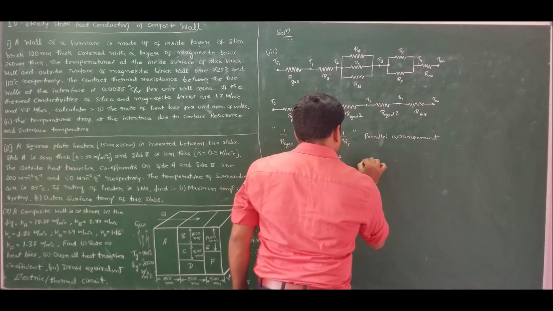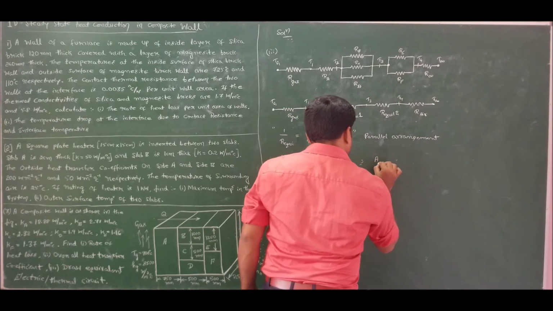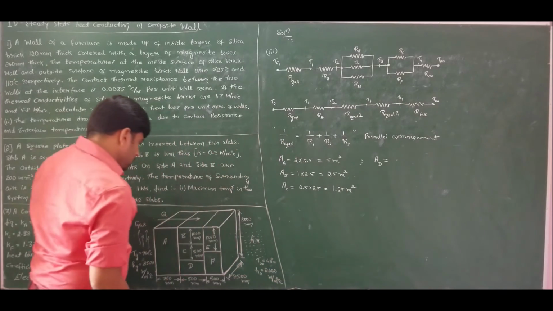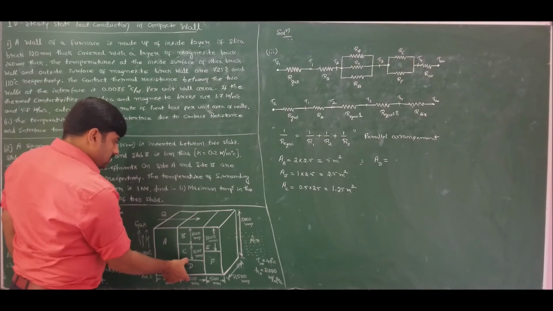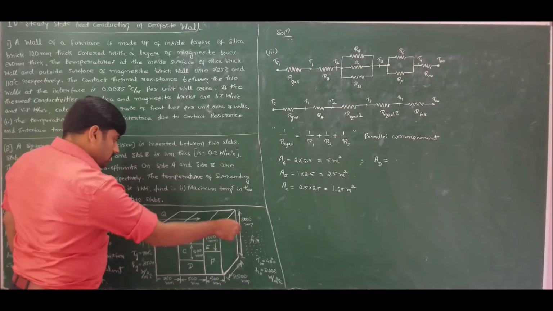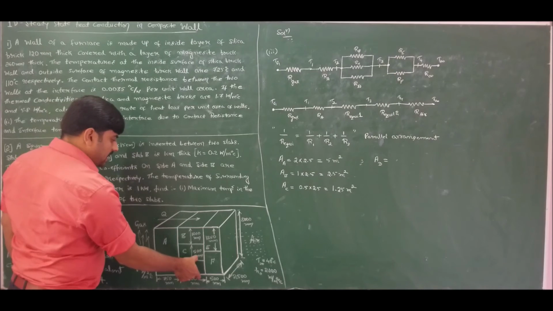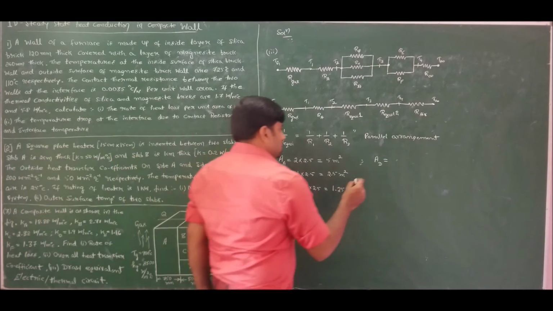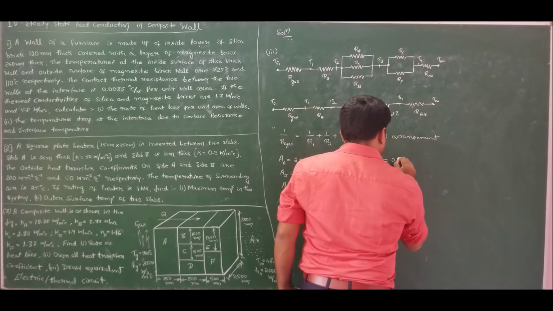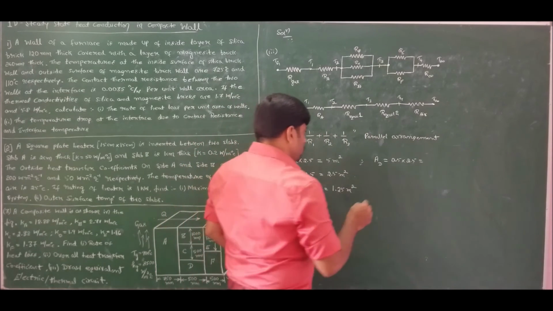Similarly, I can find the area of D. The area of D is this height into this length. So this height is missing. The overall height is 2000. 2000 minus 1500 is 500. So this height is 500. 500 plus 2.5, so that is 0.5 cross 2.5, which is the same, 1.25.